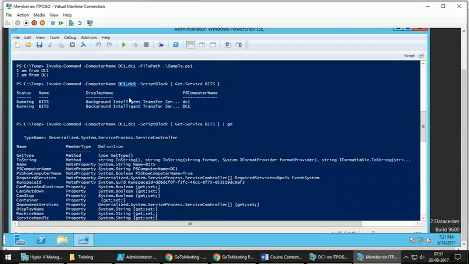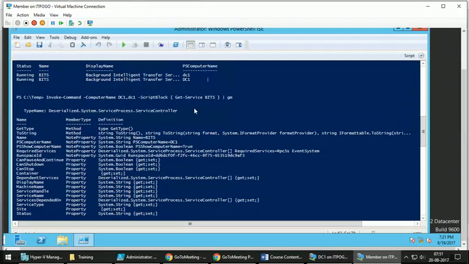So how this output has been generated? The script block contains the commands that need to be executed on the target machines. So this entire script block has been executed on the target machine and the commands are brought back on the local machine. So while bringing back these commands on local machine,